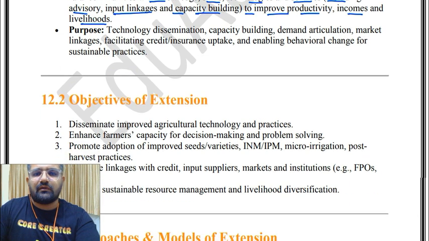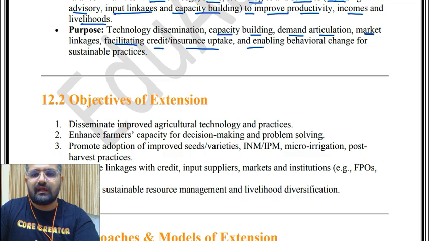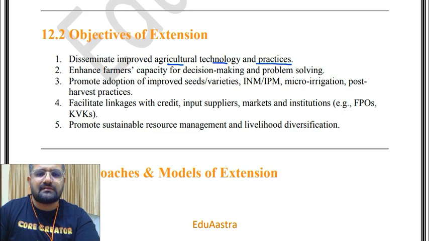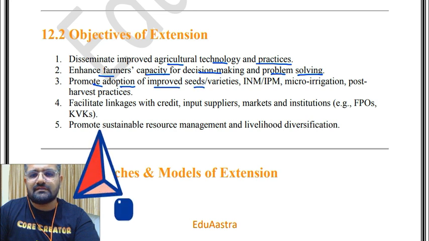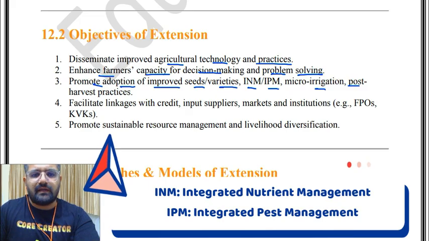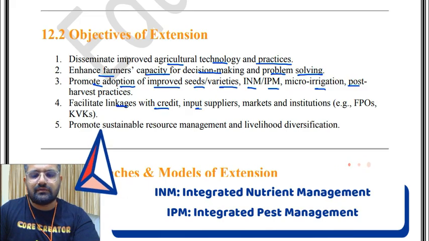Purpose is technology dissemination, capacity building, demand articulation, market linkages, facilitating credit, insurance uptake and enabling behavioral change for sustainable practices so that they are more up for sustainable practices. ठीक है. Then objectives of extension: disseminate improved agricultural technology and practices, enhance farmers capacity for decision making and problem solving, promote adoption of improved seeds varieties, INM, IPM, micro irrigation, post harvest practices, facilitate linkages and credit input suppliers,